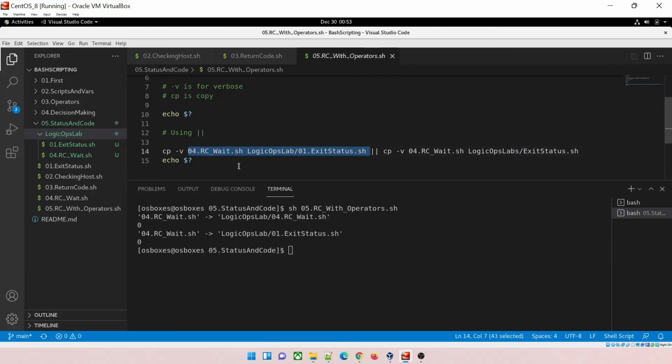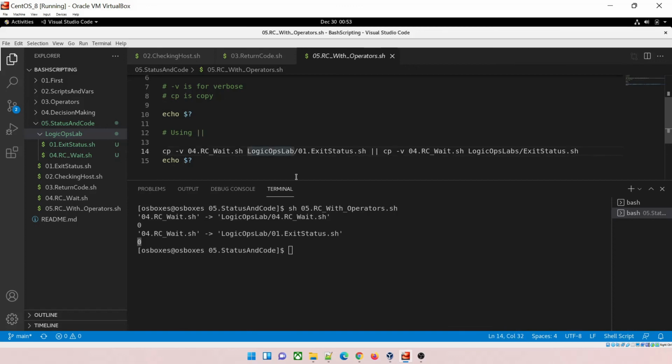Just pay attention, this condition has been fulfilled, and in this we have done another thing, LogicOps lab, and you can see the folder name is different over here. This is not LogicOps lab, this is LogicOps labs, and there is no such folder. So this means this condition has failed. Now it has given me the exit status 0. Why? 0 is success. Why has it given that? Because we have used or over here.